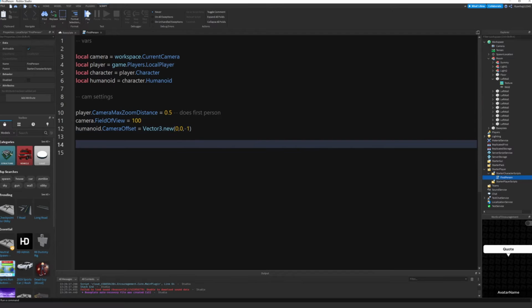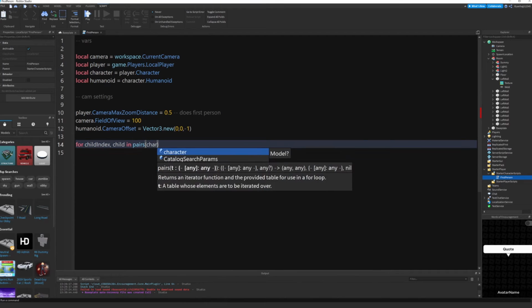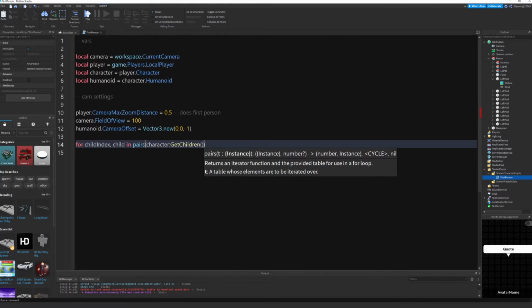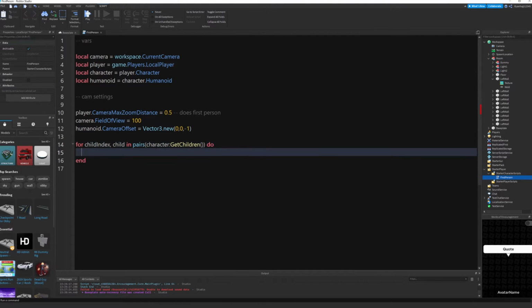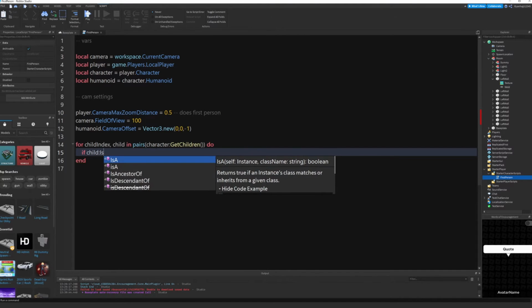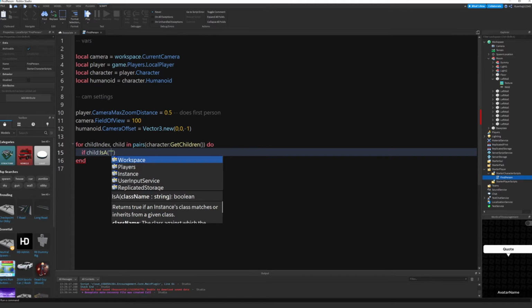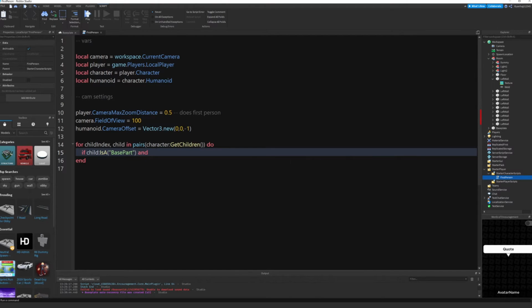0, 0, -1. All right. Now we're going to go down and this bit is just keeping the transparency, making sure nothing bugs out. So it's actually quite easy. We're just going to do for childIndex, child in pairs, character:GetChildren(), and after this we're going to put a do. Then we say if child:IsA("BasePart") and child.Name